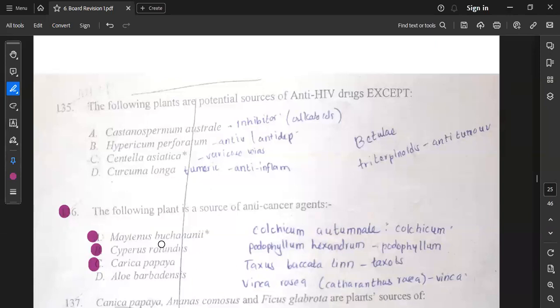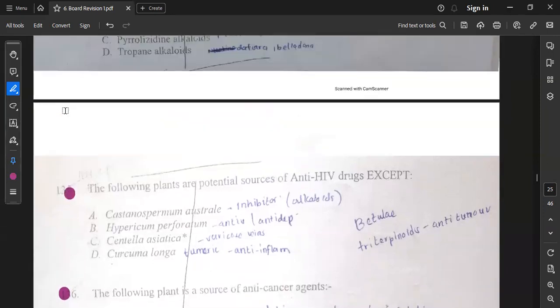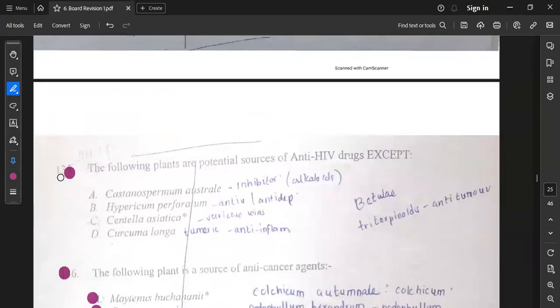Anyone has maybe a thought that can lead us to a decision? If not, we can just proceed. We can mark it and go, because clearly everything looks the same. Leave it. Okay. The following are potential sources of anti-HIV drugs, except: